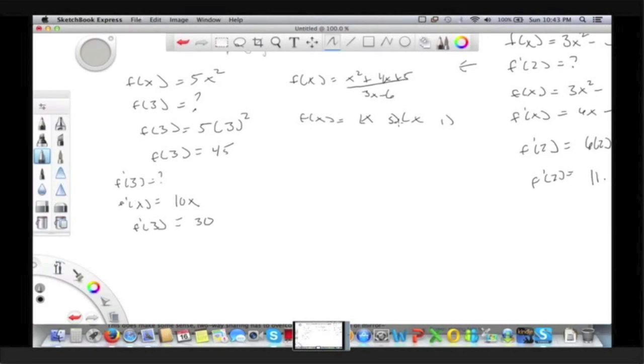Where x plus 5. Well, that's not going to work. You can't factor that. Okay, so